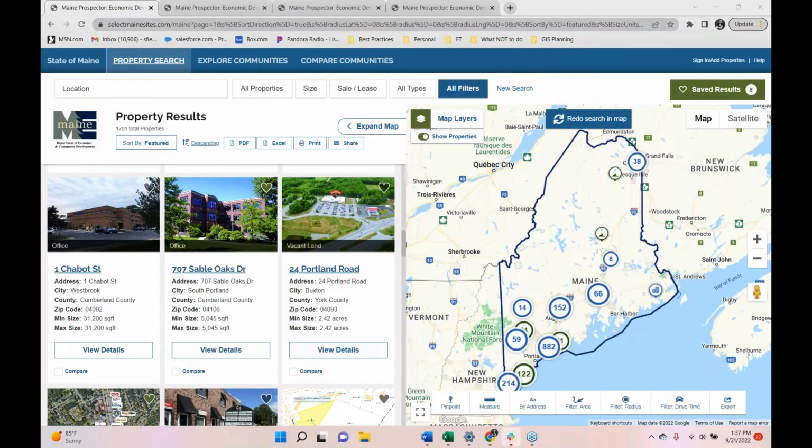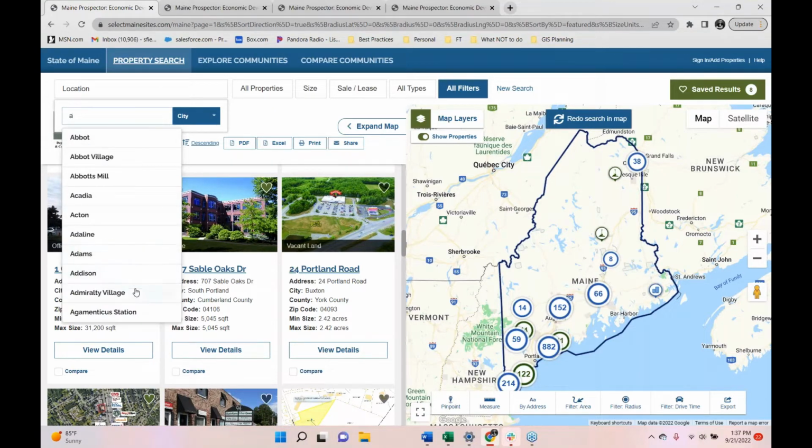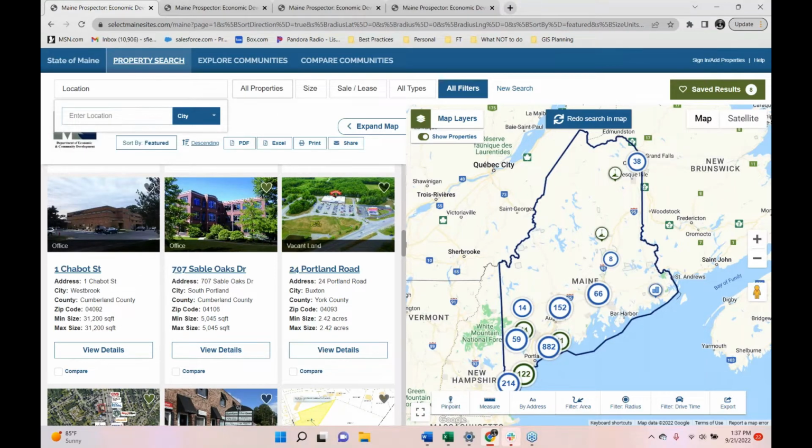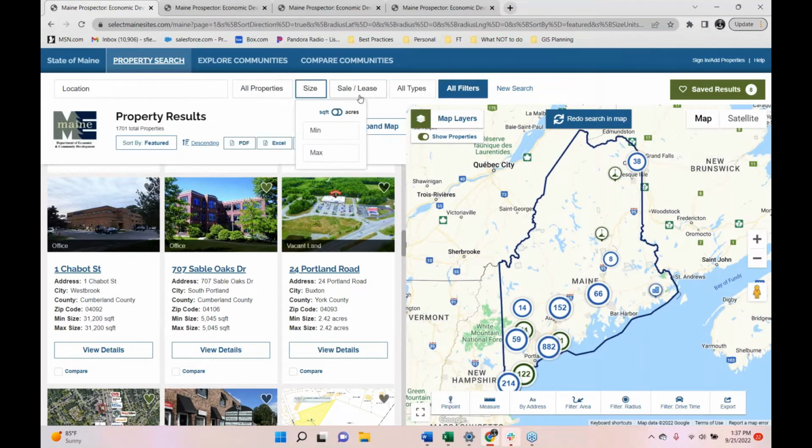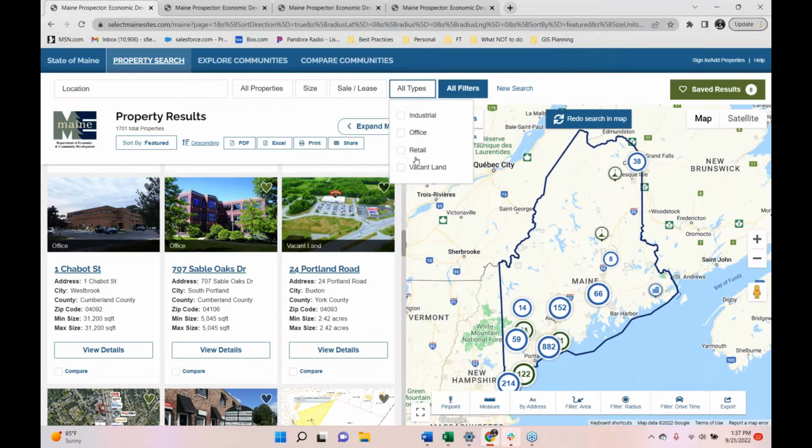So at first glance, you have the application, you have the lovely, gorgeous state of Maine here outlined. We have the ability to look at city, county, state, and regional information. So you can either enter in your city information. As you can see, it will self-populate, or you can just continue to add in additional letters before you find your community. I can look at sites, buildings, different sites by square feet or acres, sale or lease, and types